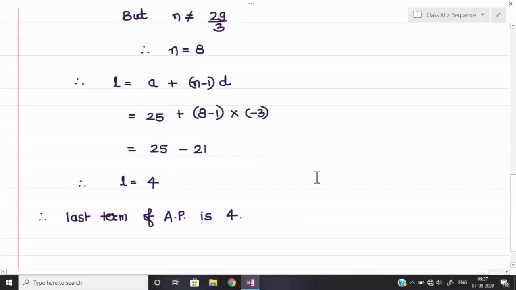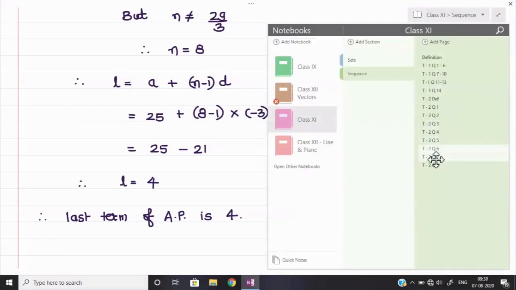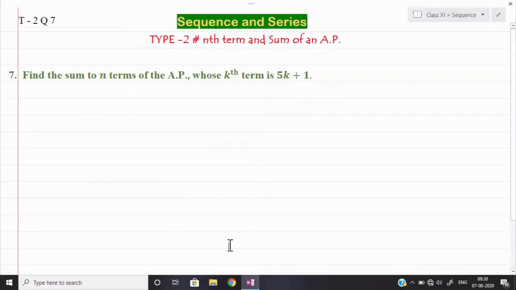Now let us see the next question. I think one more question at least we can do. The questions are a little lengthier here, that's why we need some time to finish. The last two questions were lengthy. So now you make a habit on your own. You have to solve such kind of lengthy questions only, because 10th class AP and 11th class AP are far different. Okay. So now see the seventh question.